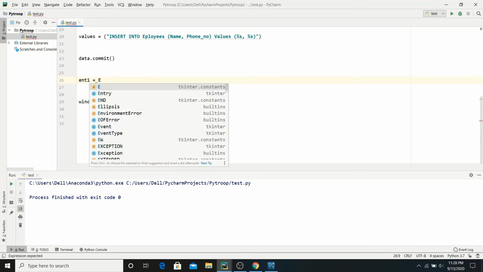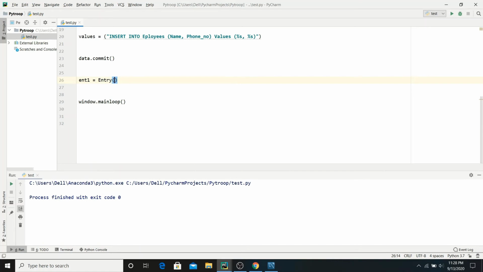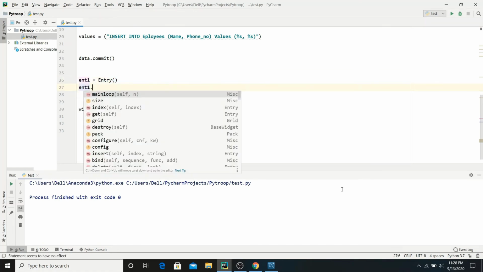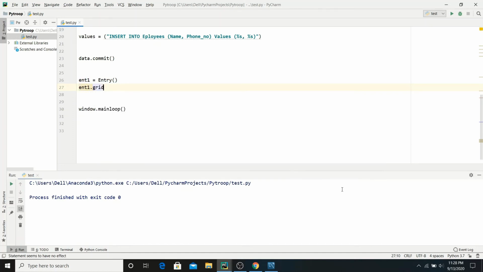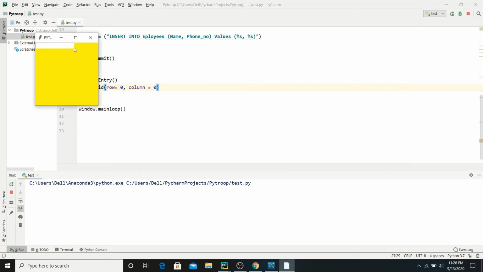First one, entry 1 is equals to entry, and now just grid this. So entry 1 dot grid, and row is equals to 0 and column is equals to 0. Now create the second entry. Let me copy this one. This is the first entry.